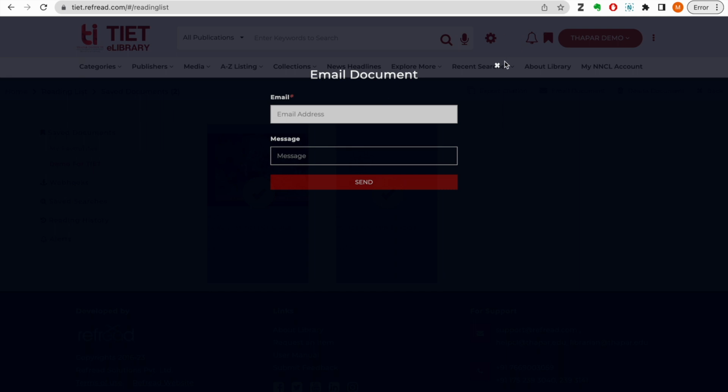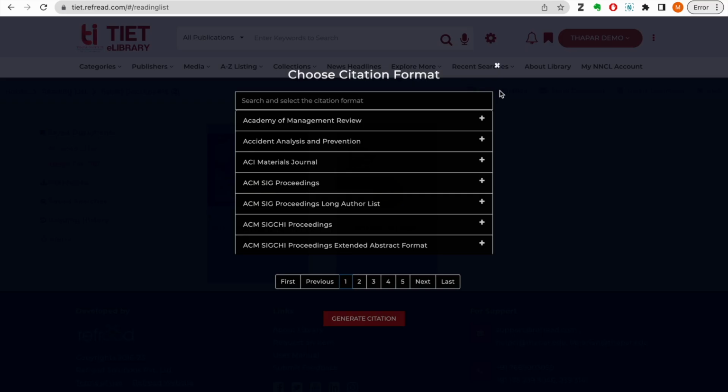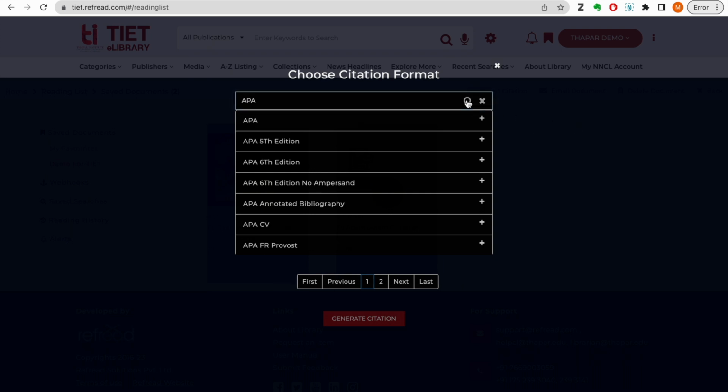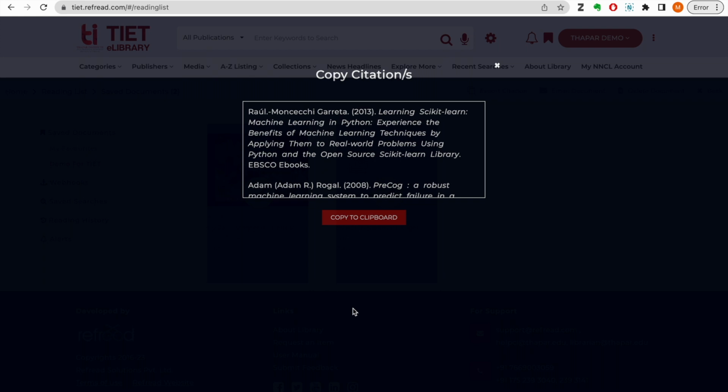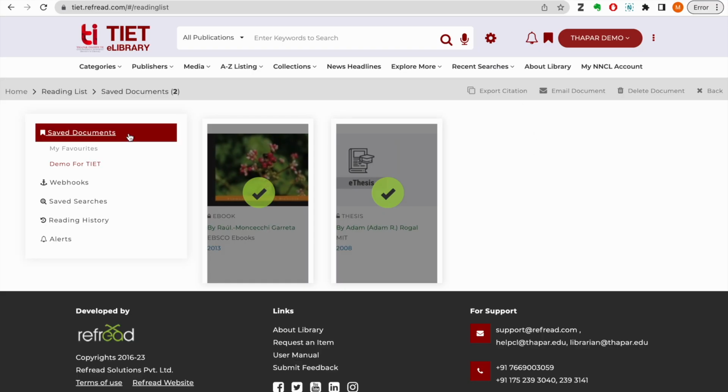In fact, you can also export the citations of all your saved documents in more than 1,000 citation styles. So let's say I want to export the citation in APA 6th edition format. I just type in APA here, search for the format I want to use, and click on generate citation, and I can then copy these citations to my Word document wherever I'm authoring my paper or my project report or